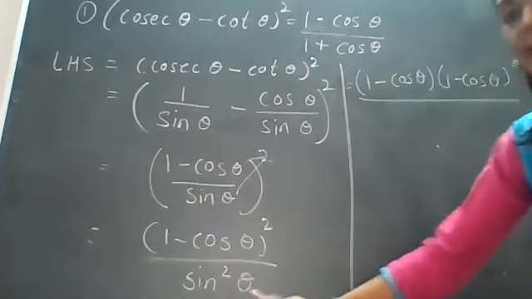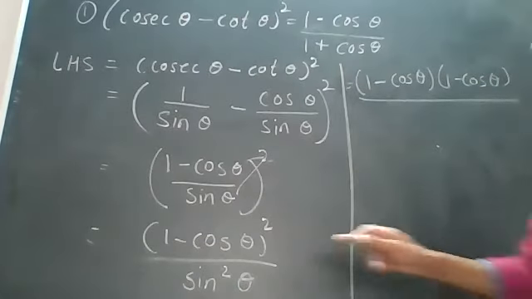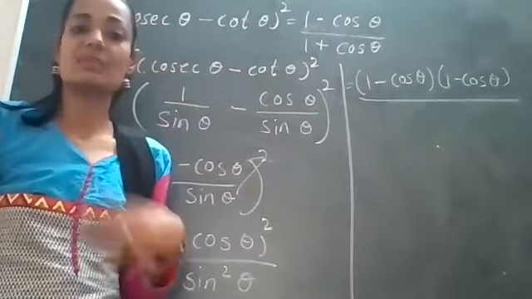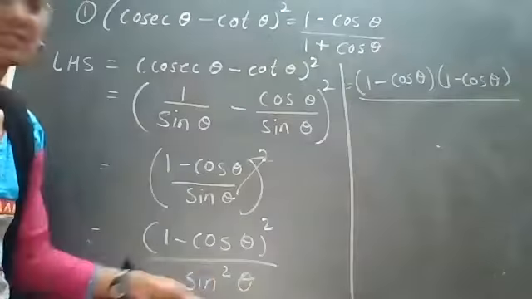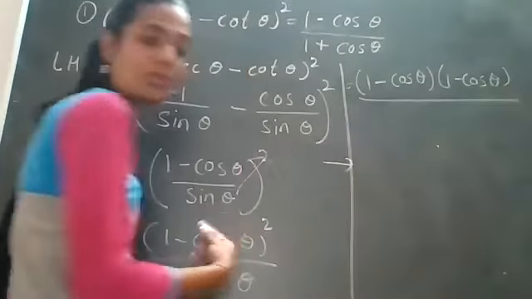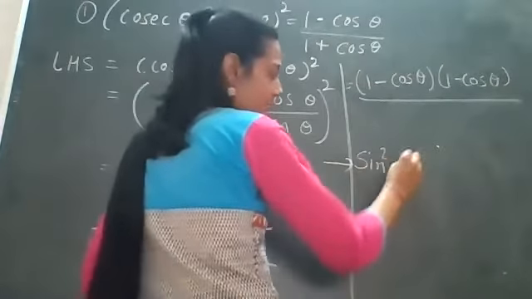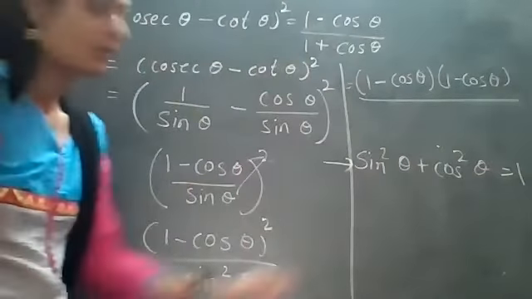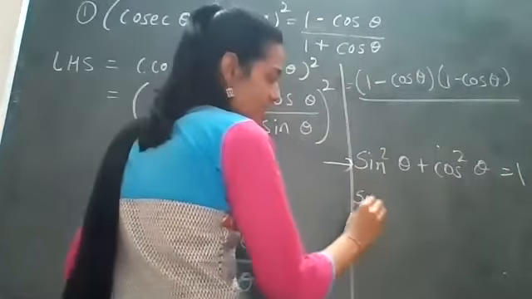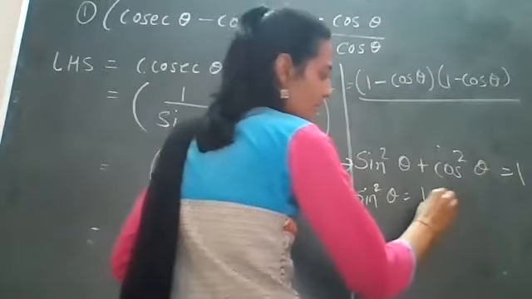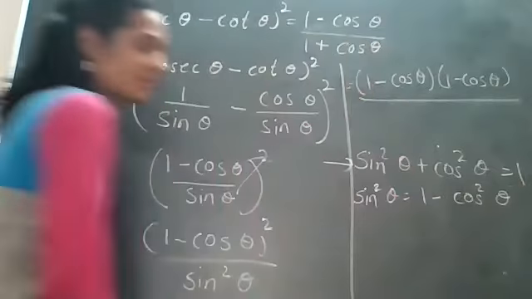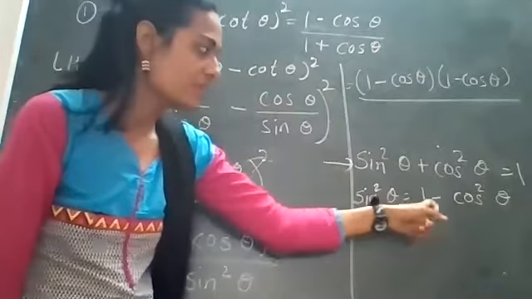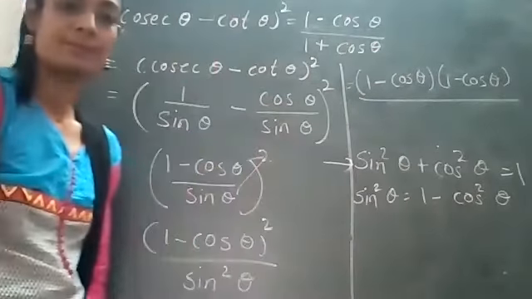Now sin square theta is there, but we don't want sin square theta, right? So what can we use? Here we will use sin square theta plus cos square theta is equal to 1 as an identity, because we have to remove the sin square theta. So I am writing over here to explain. We know that sin square theta plus cos square theta is equal to 1, right? How can I remove the sin square theta? If I make it alone, it becomes 1 minus cos square theta. Yes or no? So now, instead of the sin square theta, I will write 1 minus cos square theta. Understood this one?